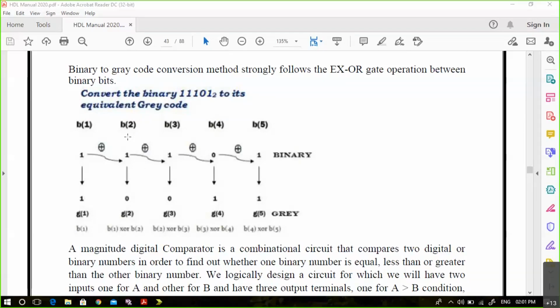There are many varied applications for gray code. So this is the method for vectors. A and B are vectors, whereas these three outputs are single bit, which means if A is greater than B,